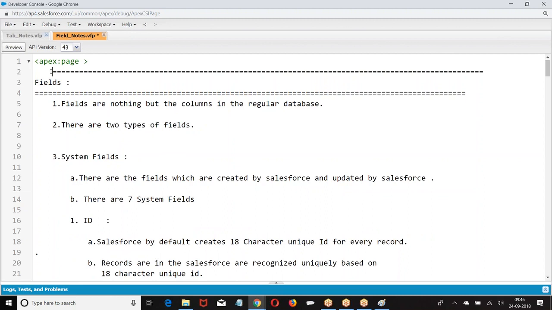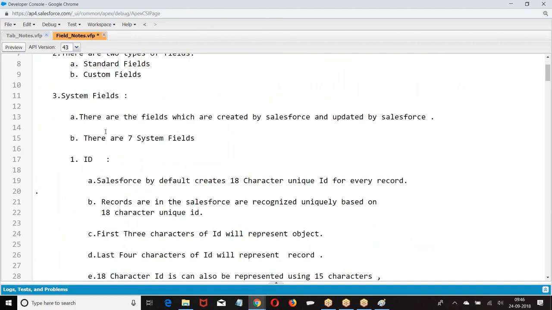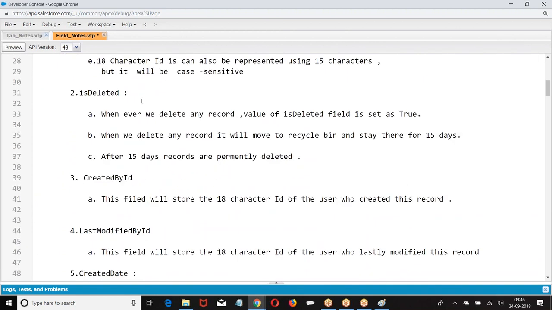Fields are nothing but columns in a regular database. There are 2 types of fields. So we have standard fields.